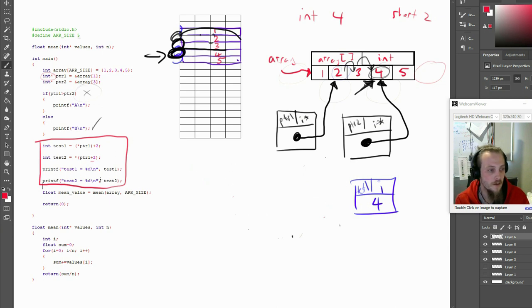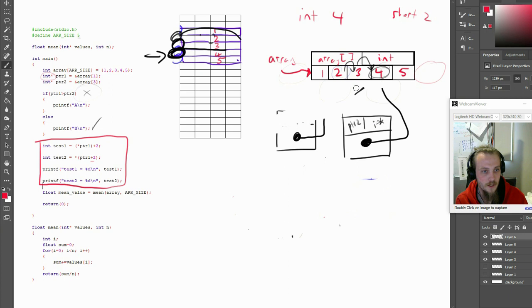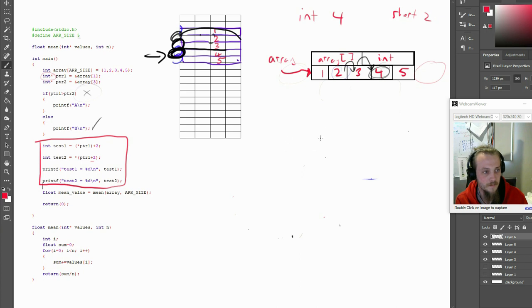All right, we then get to passing arrays into a function. So I'm not going to worry about test 1 and test 2, and I'm not going to worry about pointer 1 and pointer 2 at this stage, because they're not used for this example. So you can just imagine the problems now. Something like